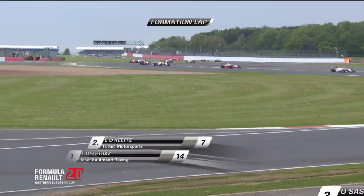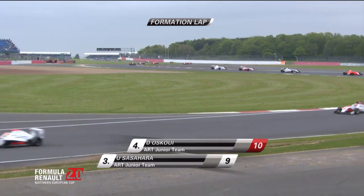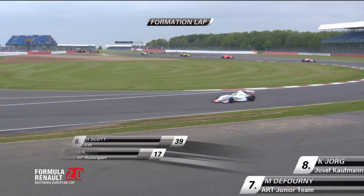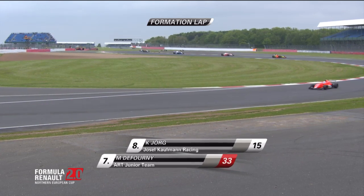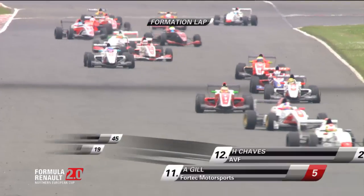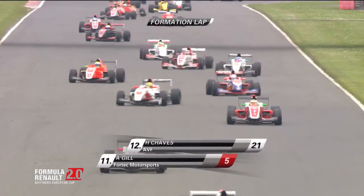Okio Sasahara will be alongside him, Callan O'Keefe will be third, and then it is Darius Oskoui fourth on this amended grid, ahead of Dennis Olsen and Harrison Scott sixth. Seventh is where you will find Max Defourny, and then Kevin Jorg lines up 8th on the grid. As I say, he's going to be one to watch. 9th, it is the car of Ignacio D'Agosto. Colin Noble, the Scot out of Radical Racing, and the BARC Formula Renault Championship is next, ahead of Alex Gill